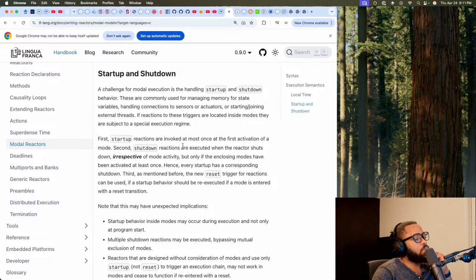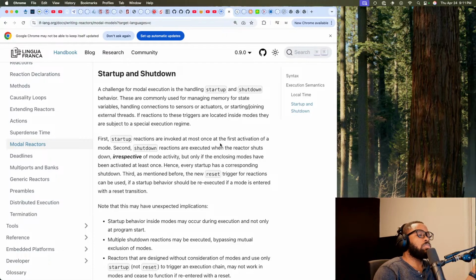First, startup reactions are invoked at most once at the first activation of a mode. Second, shutdown reactions are executed when the reactor shuts down, irrespective of mode activity, but only if the enclosing modes have been activated at least once.